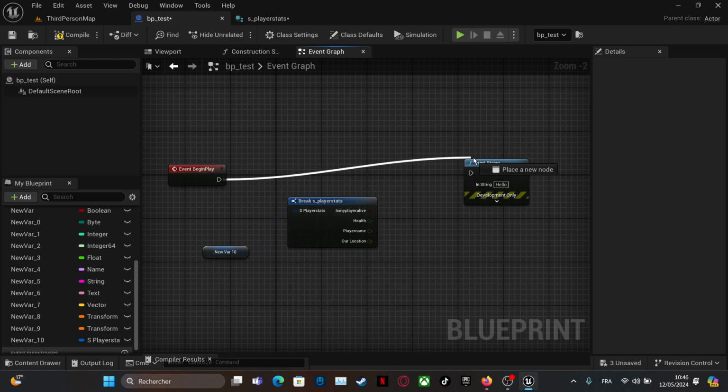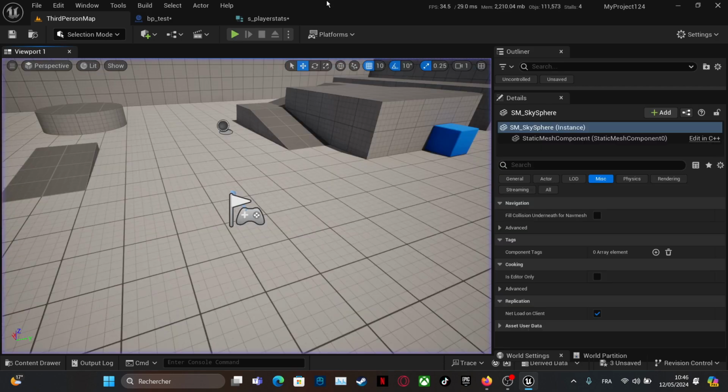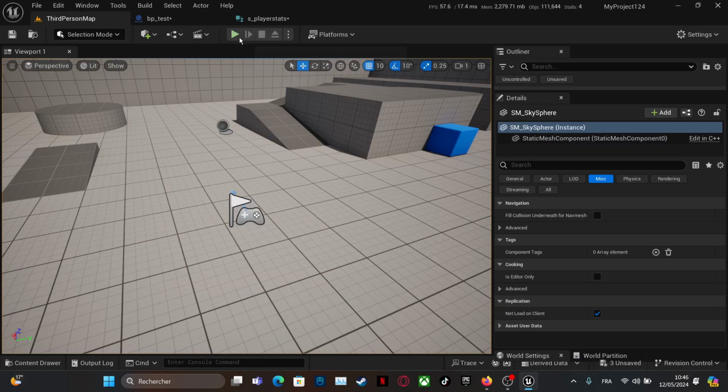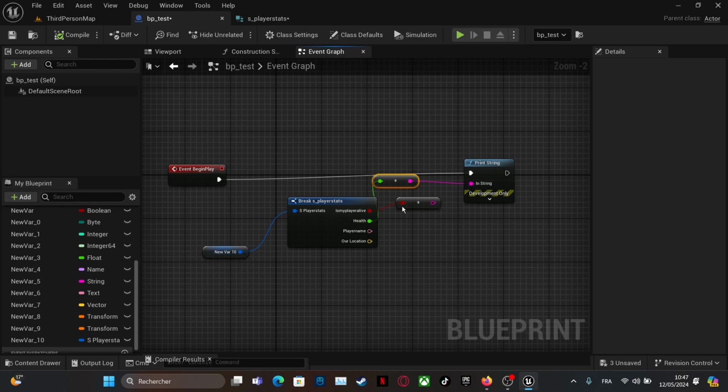Let's connect it, and we can show our player boolean, and let's say true. We can also show our health, as you can see. So a struct is a list of variables. We use it too much in games, so it's very good.